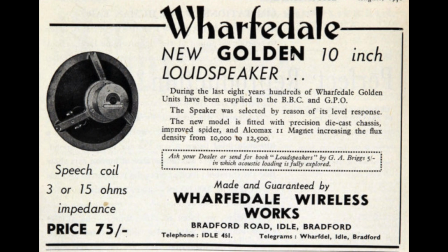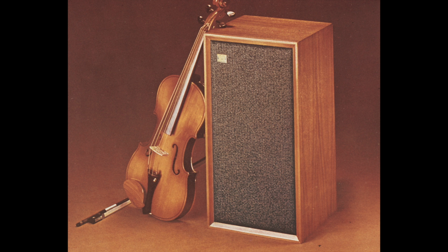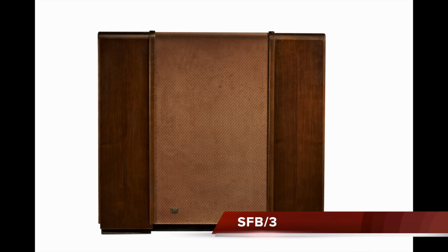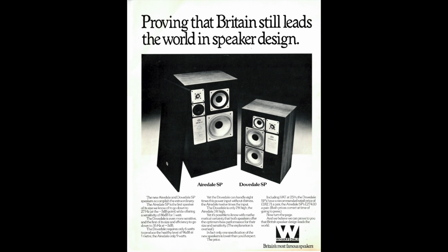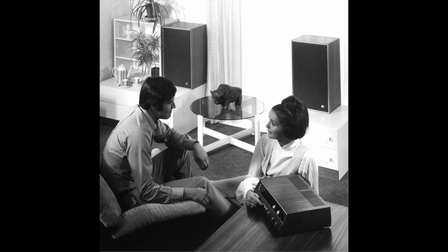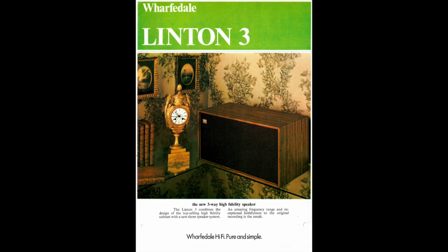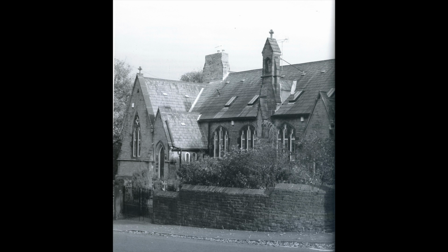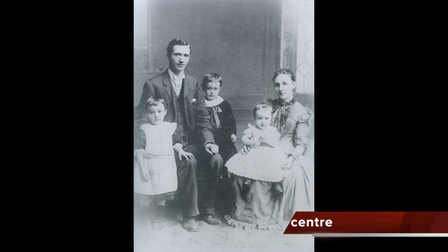Now, to me at least, Wharfedale as a brand smacks of tradition, history, reliability, and there's a certain solidity even about the name itself. The name Wharfedale gives a sort of dependability to anything that it's attached to, seemingly. And maybe part of the reason for that is down to its history. This, after all, is a brand that's been going since 1932, when a certain Gilbert Briggs built his first design in his basement in the market town of Ilkley in